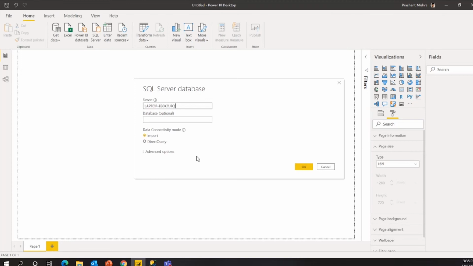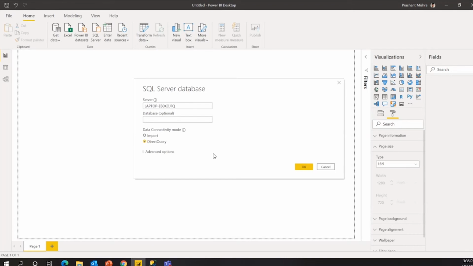Another thing to remember: if you are bringing even 10 GB of data in import mode, it means your Power BI file size will become 10 GB. Got it? So you have to be careful in that sense. If you don't want your Power BI file to become very big or huge, then don't go for import mode. Use import mode only when you know the data volume is small. Second one is direct query. In direct query mode, it will not bring the data into Power BI in memory. It will go and fetch the data directly from the source.